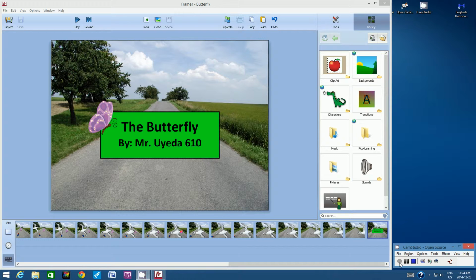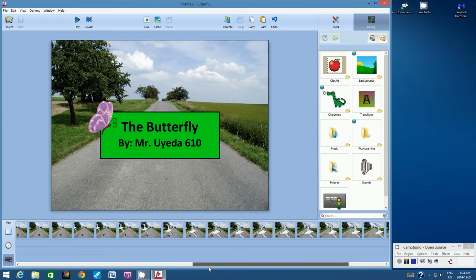Please open Frames 5 from your application screen and open the butterfly file. So in the previous tutorial we animated one element, a baseball cap, blowing from the right edge of the frame off the left edge of the frame. So we're going to add a few more elements to finish this